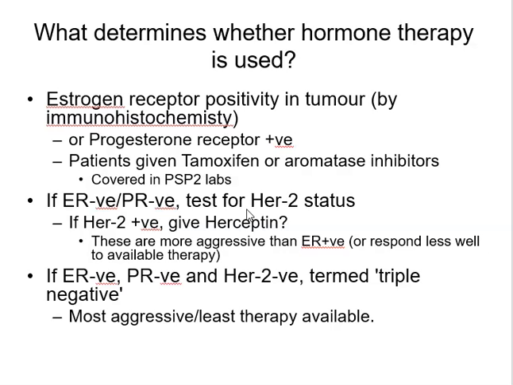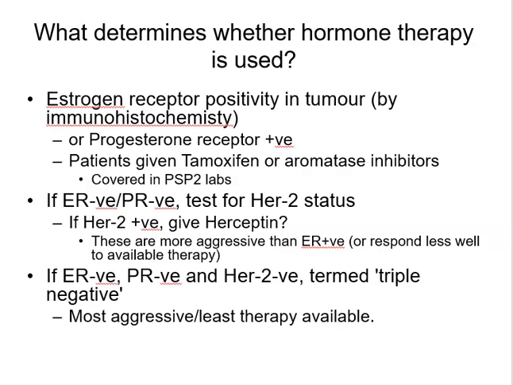And we can also assess progesterone receptor as well. Now, we've covered this in the PSP2 labs, where you've stained cells for ER or PR. And in this situation, patients are given either tamoxifen or some aromatase inhibitors. And that is a very effective treatment at keeping the cancer from progressing. So even if there's some residual cells elsewhere disseminated throughout the body, those estrogen receptor inhibitors are keeping the cancer